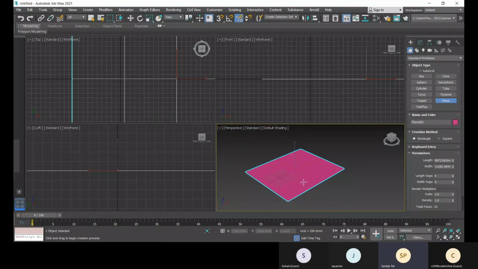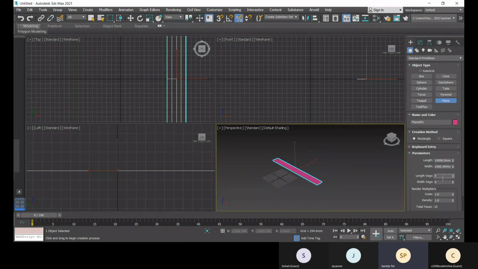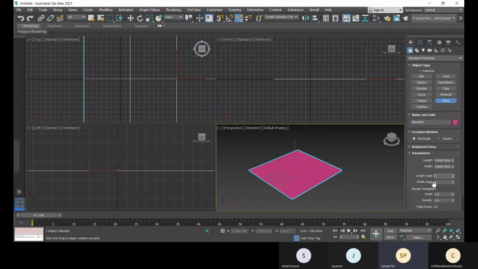So here you can provide the length 10,000 and width the same. And you can provide the segments as well, length segments and width segments.